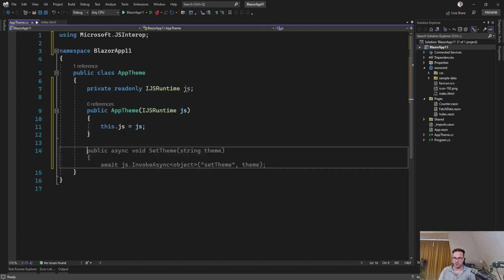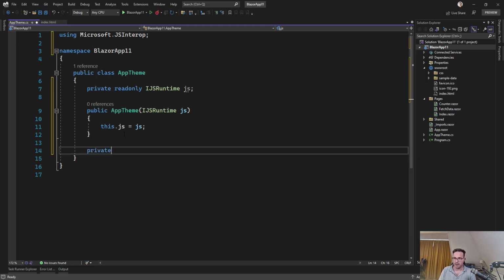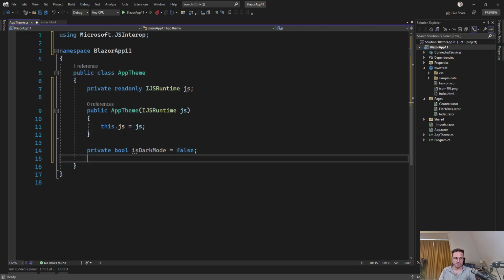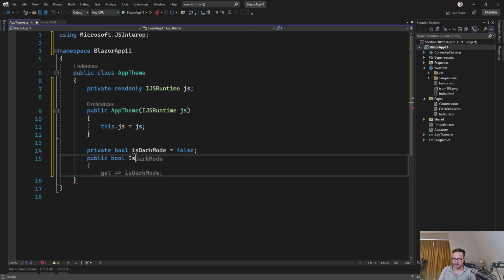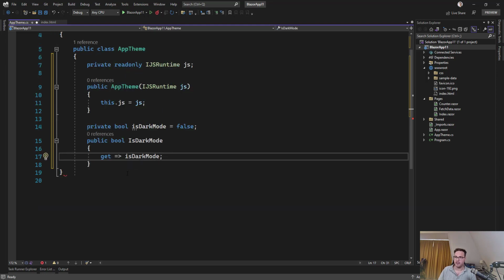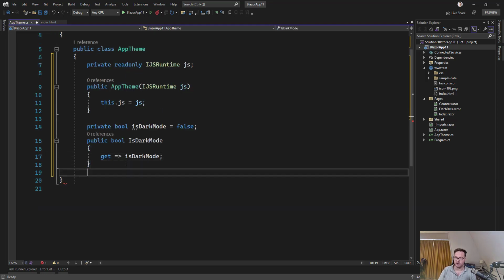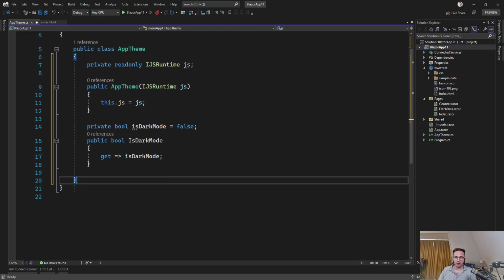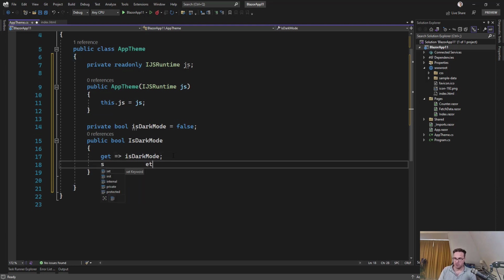So the first thing we want to do is have a property that will hold the state of our dark mode. In this case, we will have a private boolean. We'll call this is dark mode, and we set it for now to false, right? And then we'll have a public property. We call this is dark mode, and we will have that default to the is dark mode private property. But also when it is set,